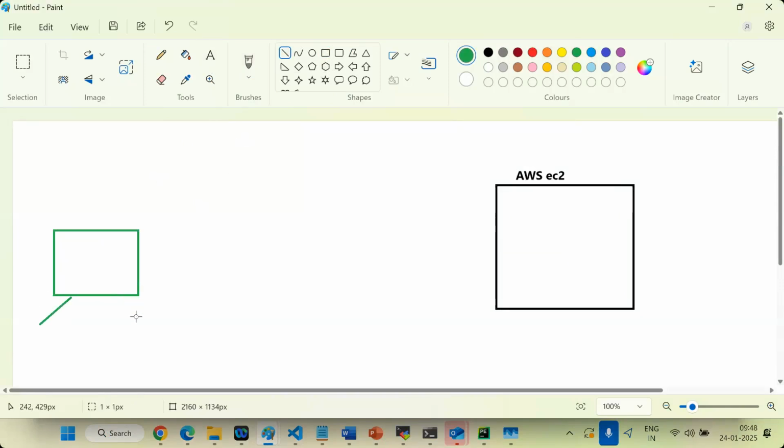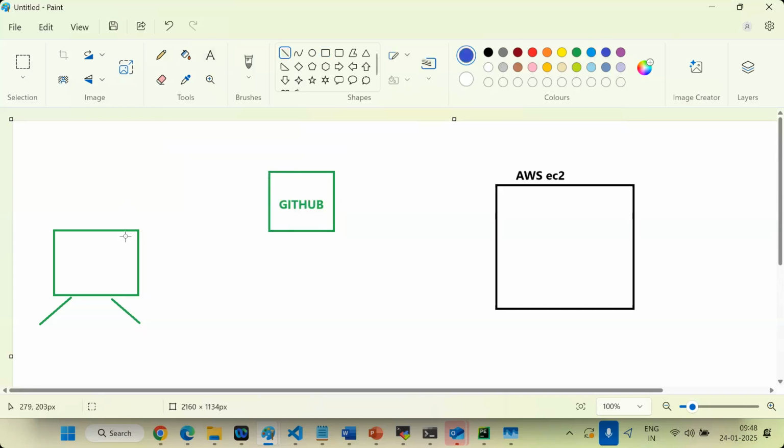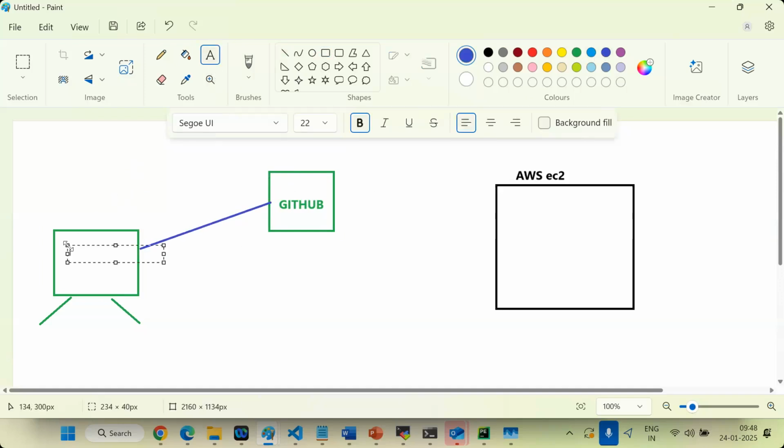I have developed Python code and pushed this code into GitHub. Understand? The code we can place into a remote repository, that is GitHub only. Now the developer pushes this code, and before that the developer runs the application on their local laptop. Already ran, it's working fine. Then they push this code into GitHub.